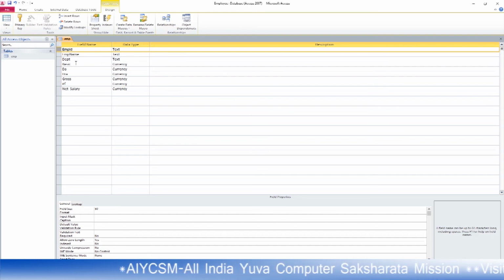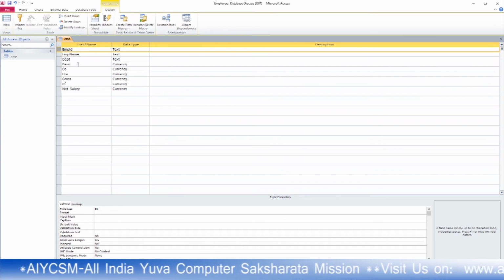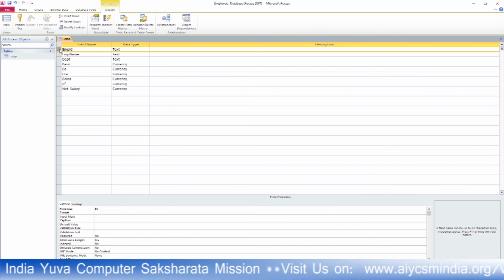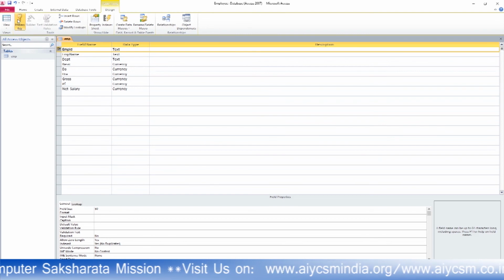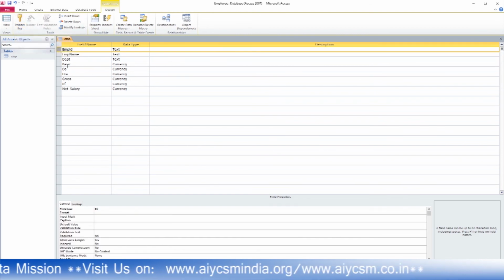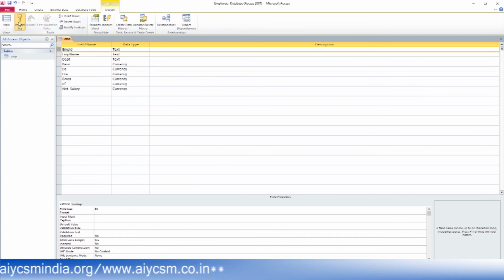You cannot provide this as a primary key. Basic is also duplicated. All these are duplicated except this EMP ID. So you can select it and click on primary key. If you click on this one, it will be gone. Just select this one; when this arrow is given, you can click on this and then click on primary key. It will become your primary key. This field has become your primary key.